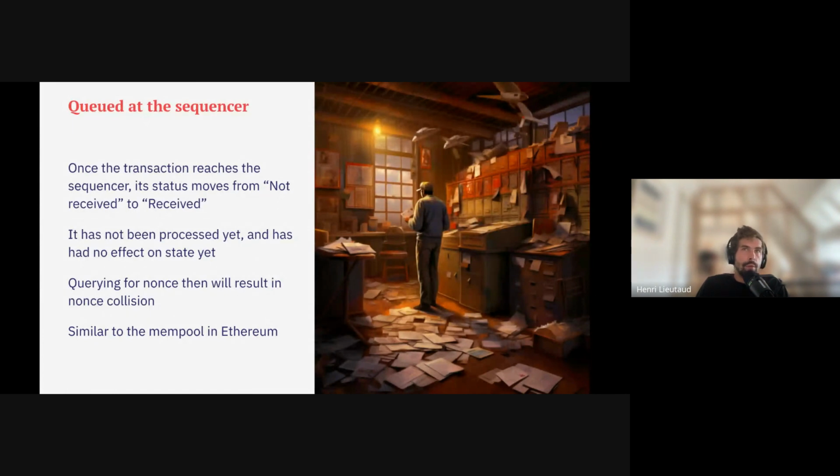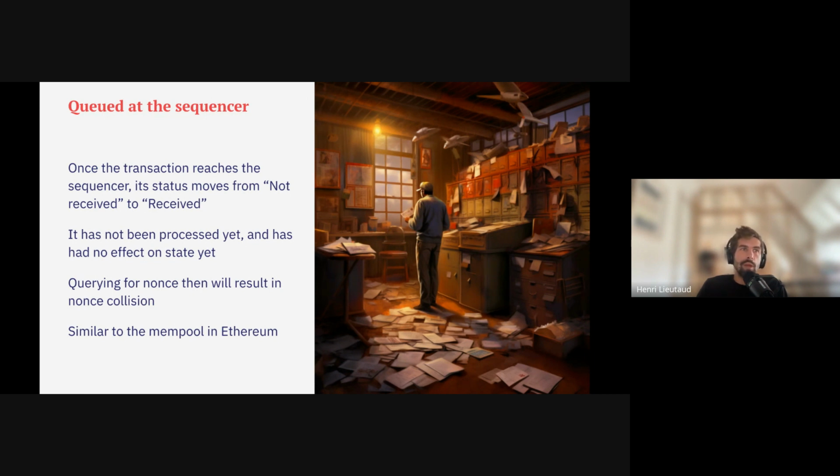But another interesting, elegant way of doing it would be to have something called nonce abstraction. So right now, Starknet, the only thing it enforces on nonces is that nonces have to be sequential. If you're sending a transaction through your account, it has to be the exact number after the last one you send. Nonce abstraction would be a way for you to have this logic at your smart contract level.